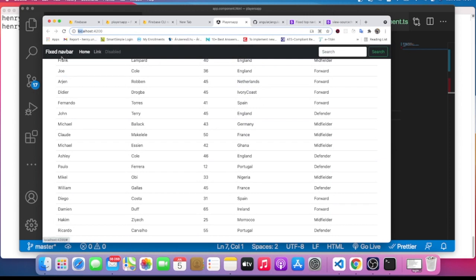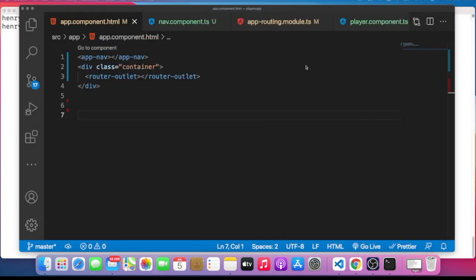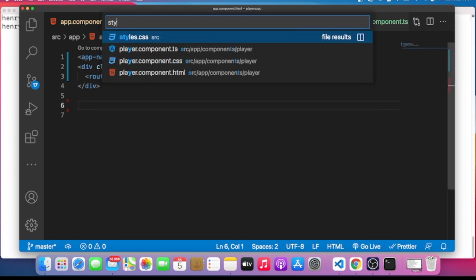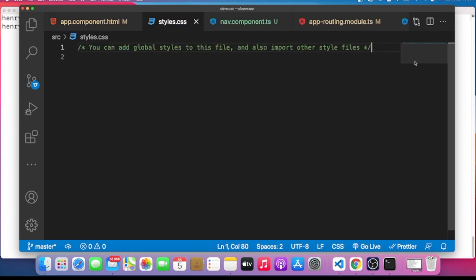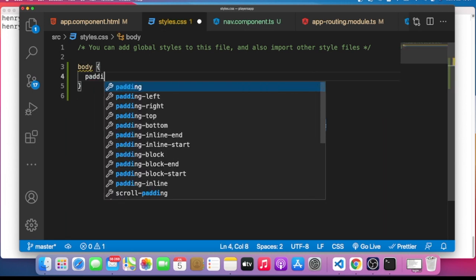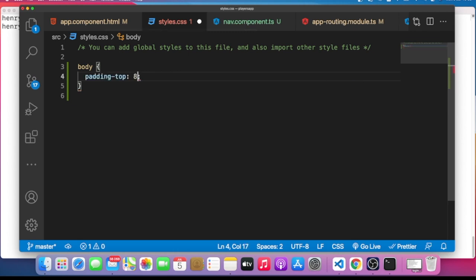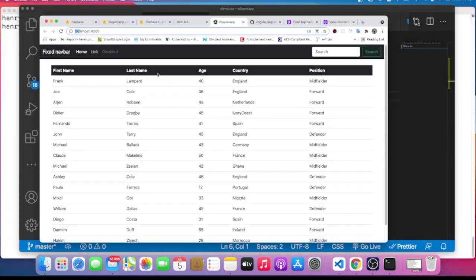There you go, we have the Bootstrap navigation bar, and then you have the table, but if you notice, the table is covered by the navbar, so we need a little CSS to push down this table so it's going to look better. How we can do this is we can head over to Command P style.css. This is where we have all the global styles for our application, and then for the body we can just give it a padding top of 80 pixels,